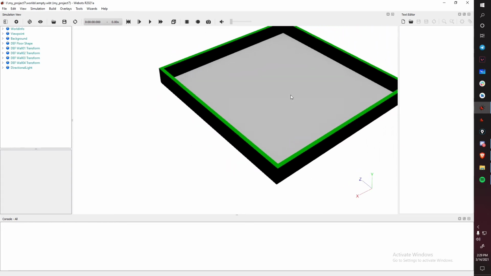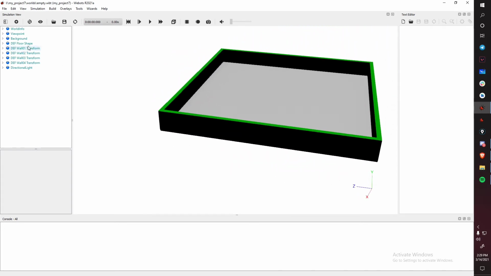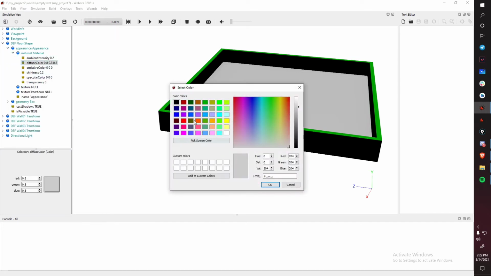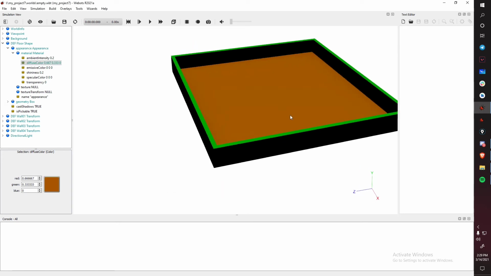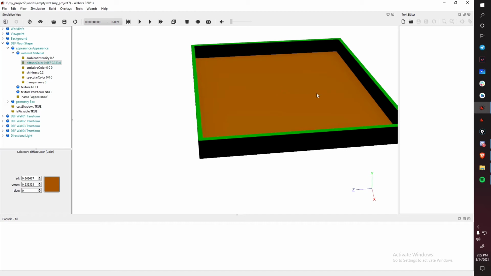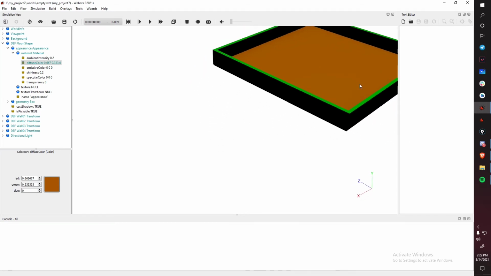And as you can see, we have created this floor with these walls, and for the sake of it, we can add a color to this floor just so that it looks better. In diffuse color, let's give it a brown color. Okay, this is our floor and these are our walls. So if you add a robot, it will be bounded by these walls and it will never fall off. So that's how we can create an object